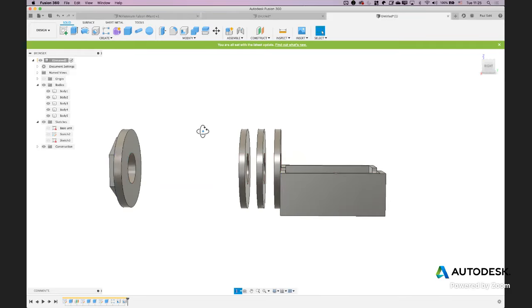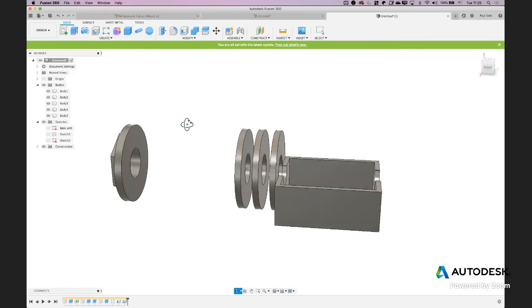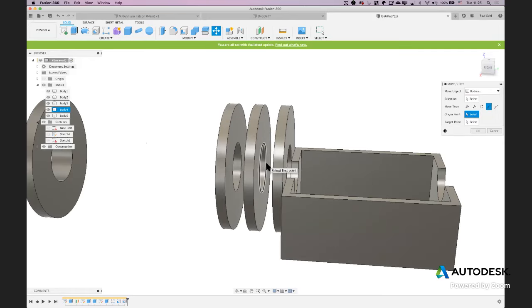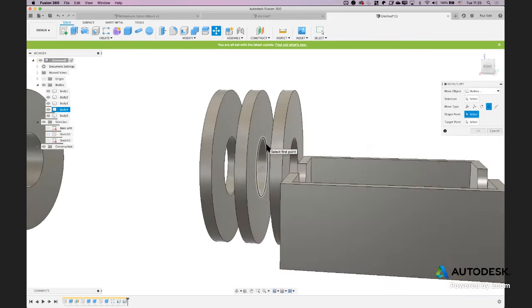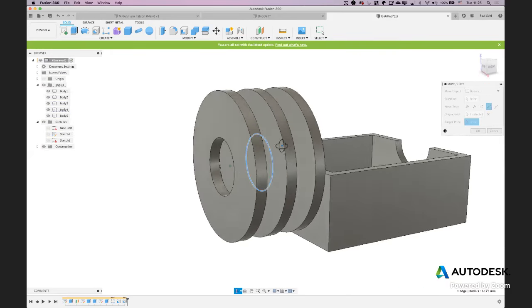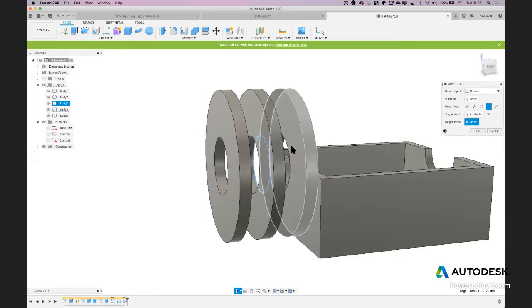With that done, let's start to snap a few of these things together. So I'm going to use the move function here by just hitting M on the keyboard. And I'm going to use our point to point. So point to point enables me to reference centers of holes like I'm doing here. As I hover over that edge, you can see a little crosshair has appeared. And if I click there, and then I click on my next one, excuse me,